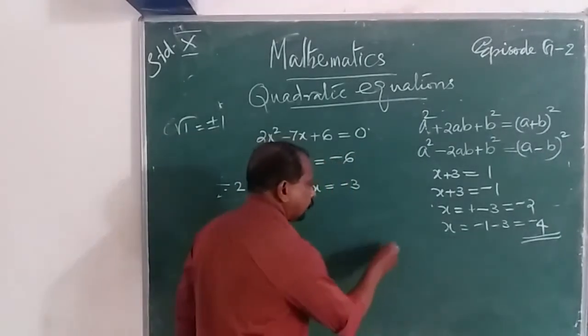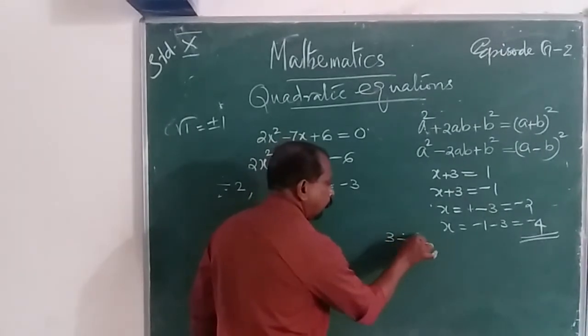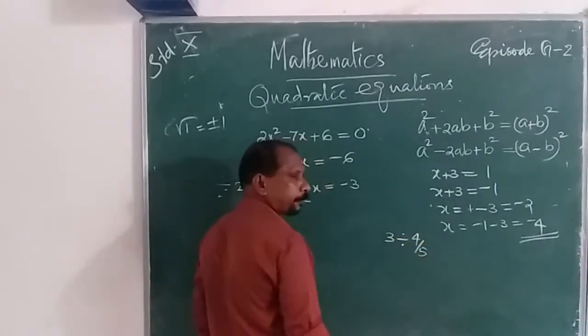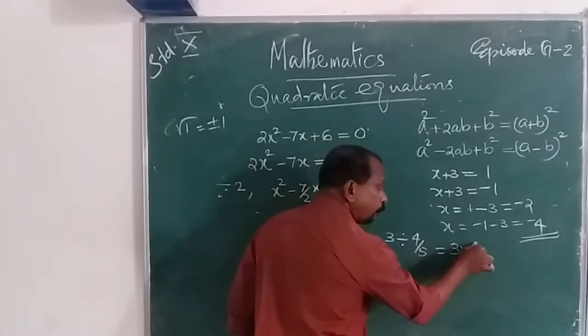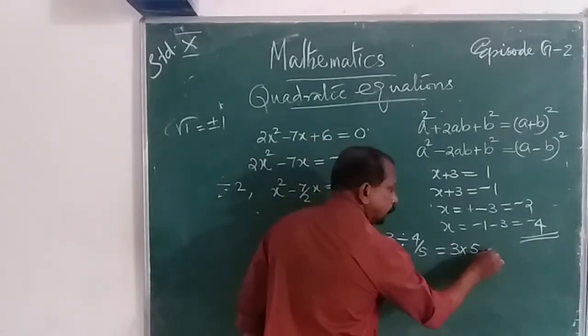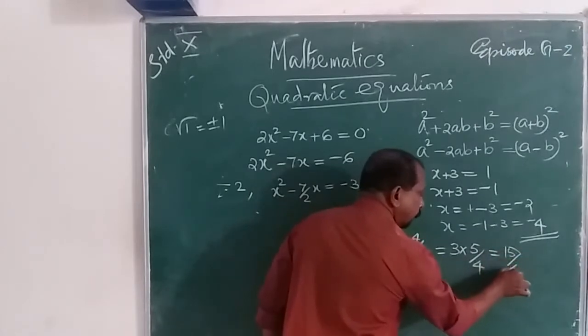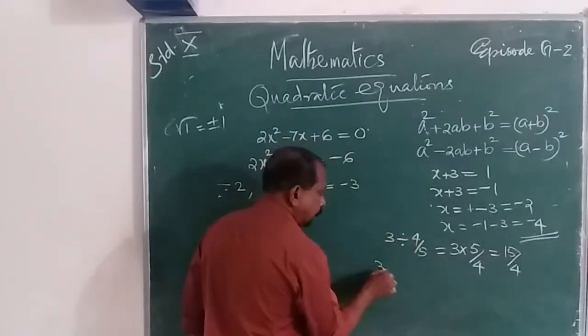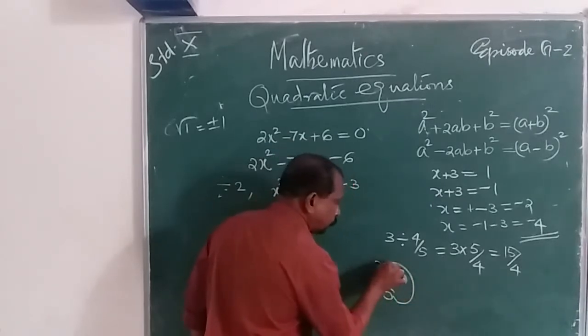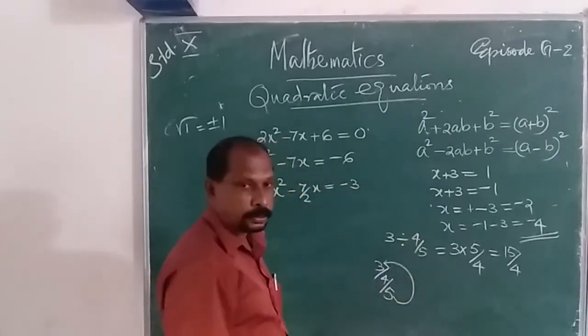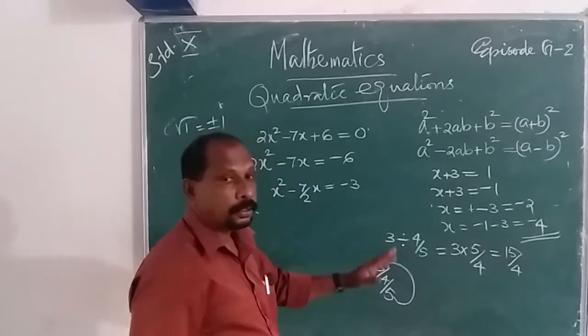Then there is another question. 3 by 4 by 5 is equal to what? 3 into 5 by 4 is equal to 15 by 4. That means in 3 by 4 by 5, the 5 goes to the numerator. This is the difference between the division